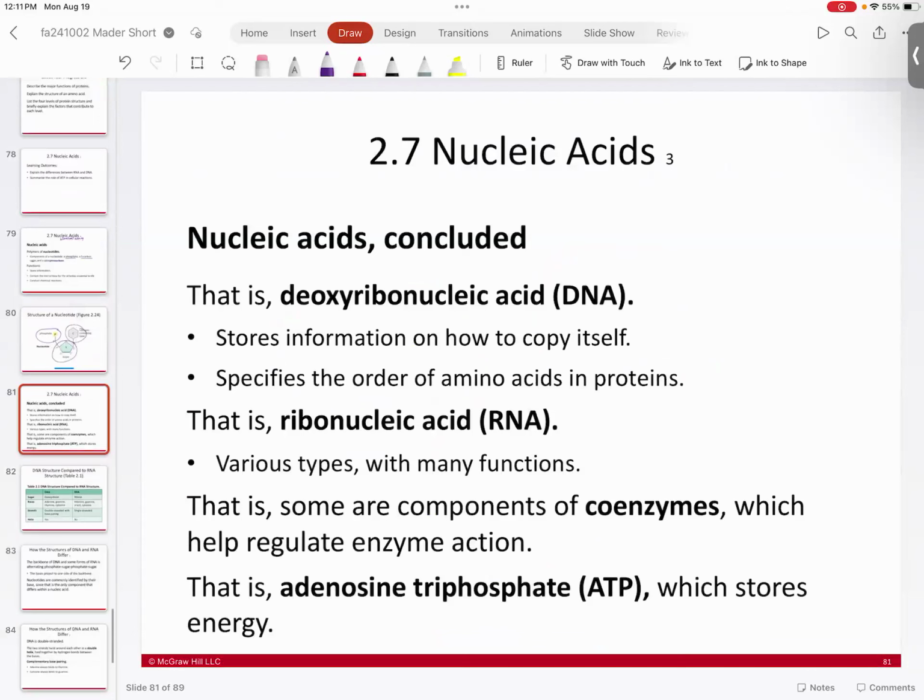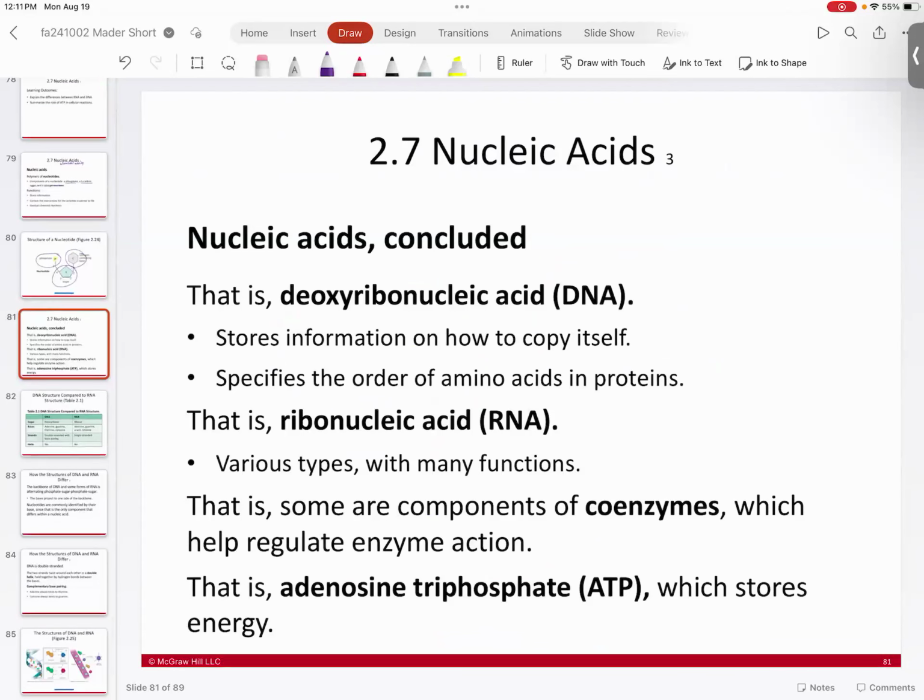And so the two major nucleic acids we have are DNA, deoxyribonucleic acid. This is like your information. Pretty much anything associated with building you is in your DNA. And so it specifies also the order of amino acids for all the proteins you make. And then you have RNA, which has many different functions, but it's basically a copy of the DNA